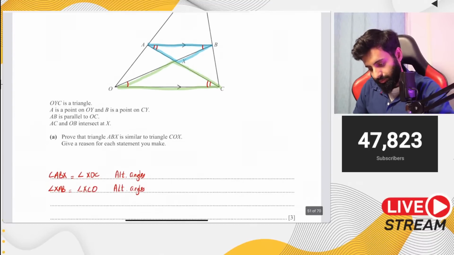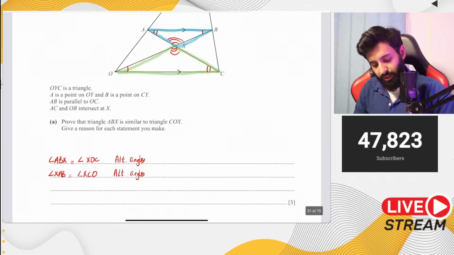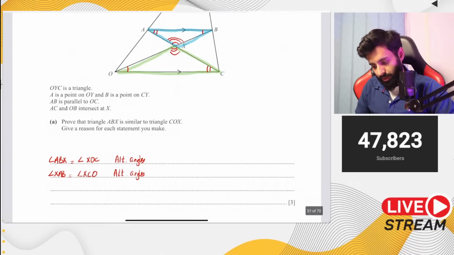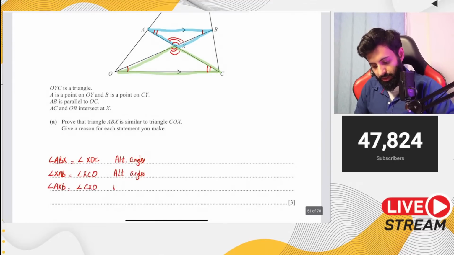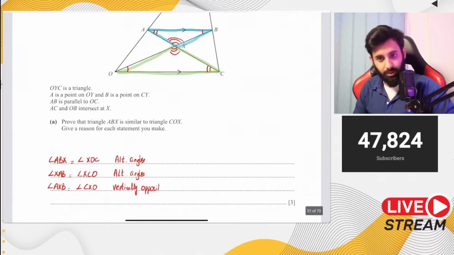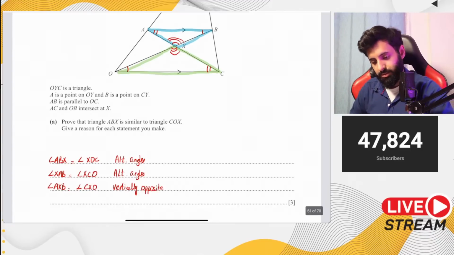And also these two angles will be the same for two reasons. One is vertically opposite and the other is sum of interior angles. So angle AXB is equal to angle CXO, and like I said, either you write vertically opposite or you write sum of interior angles. It's up to you. Now